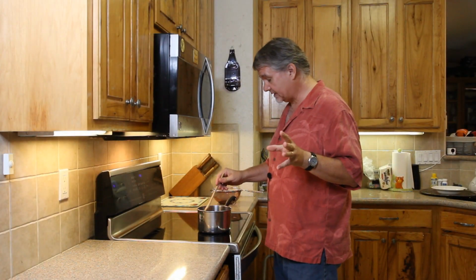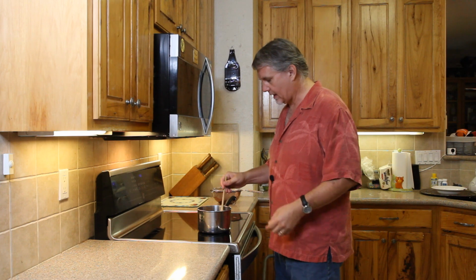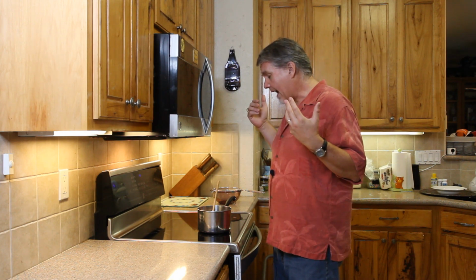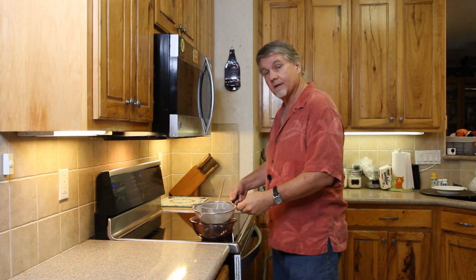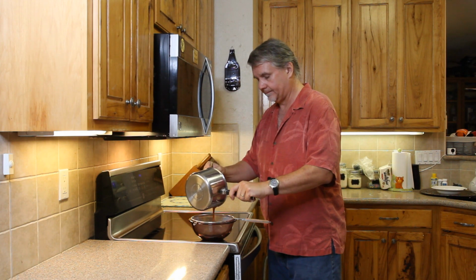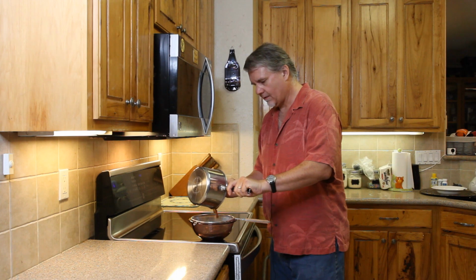Once the tamarind has finished simmering for half an hour, it's loose, it's falling apart, separating from the seeds, making a kind of a slurry. Some people would put it into a blender at this point to blend it to get the separation completely. If you're doing an agua fresca, I guess that would be pretty cool. I'm not really into that much work. So what we're going to do at this point is strain this mixture through this mesh strainer to separate the solids, the seeds, any remaining chunks of the shell, veins, anything that's not going to suspend very well